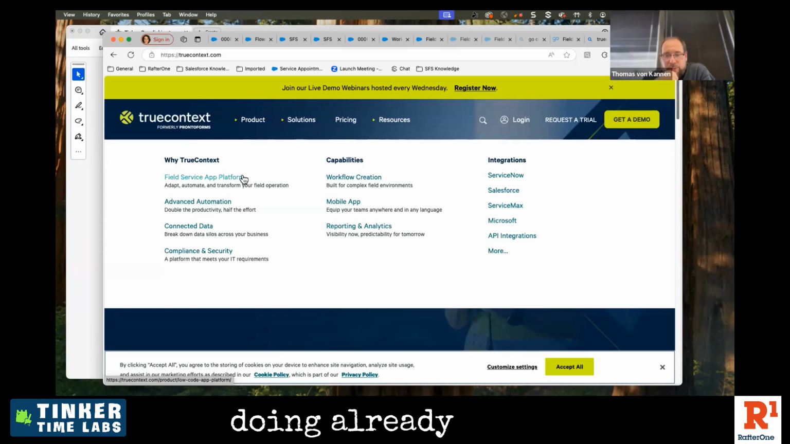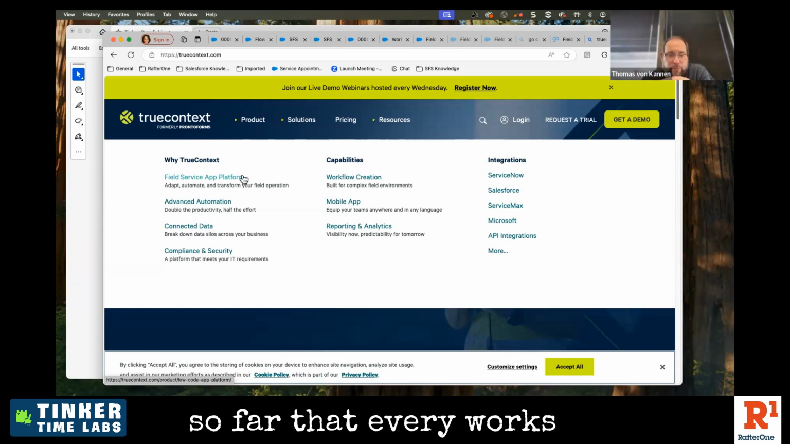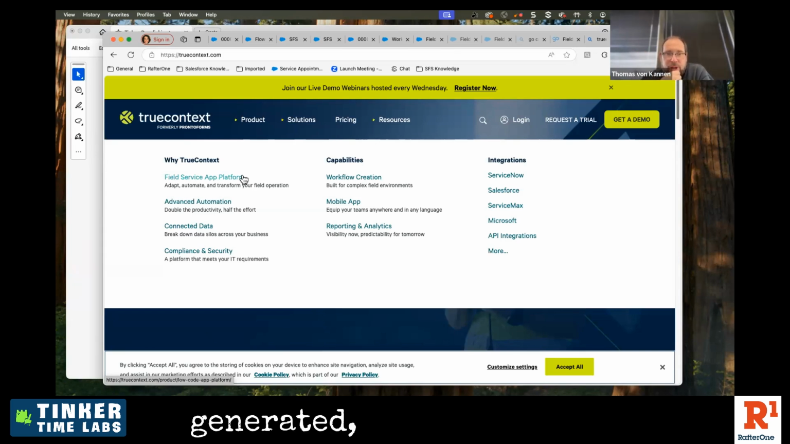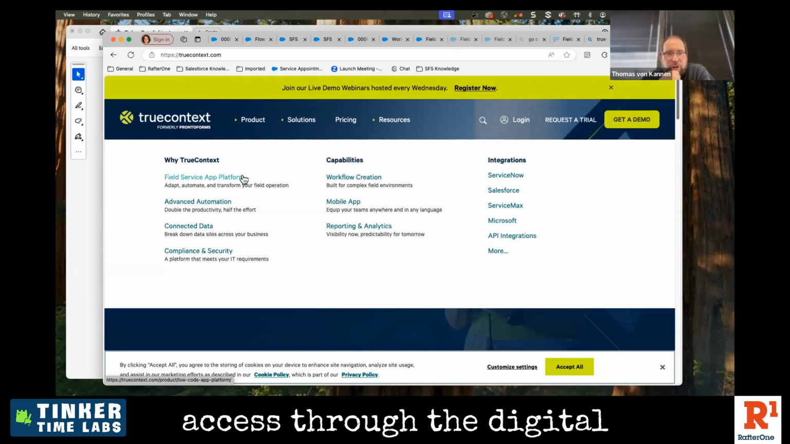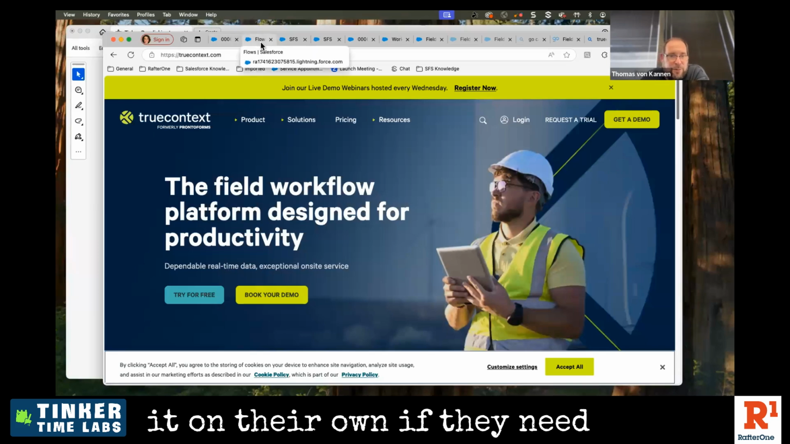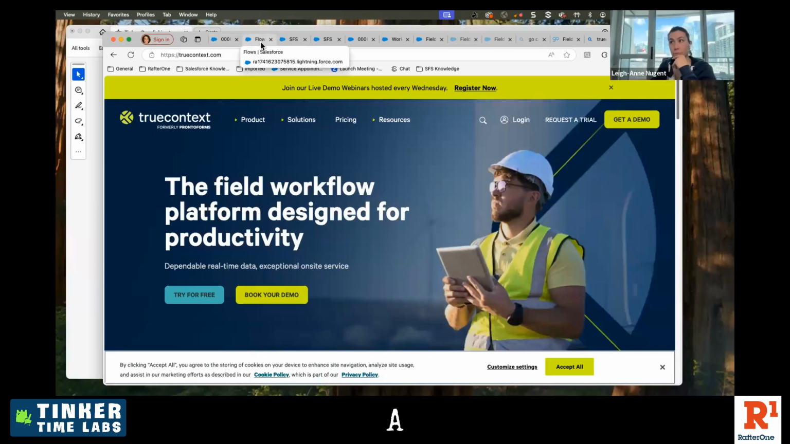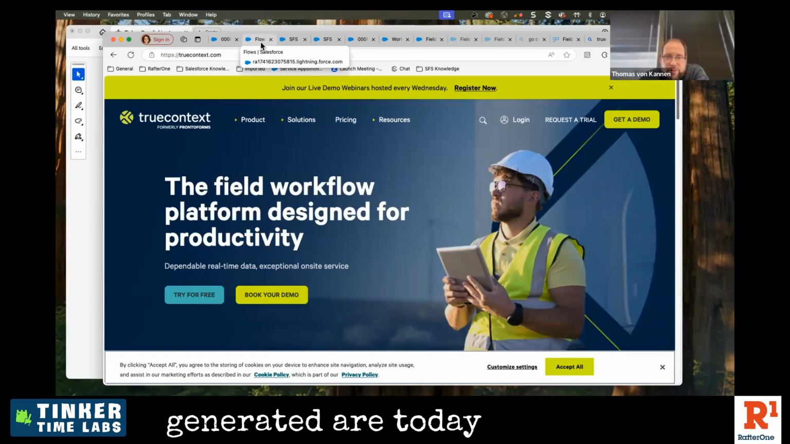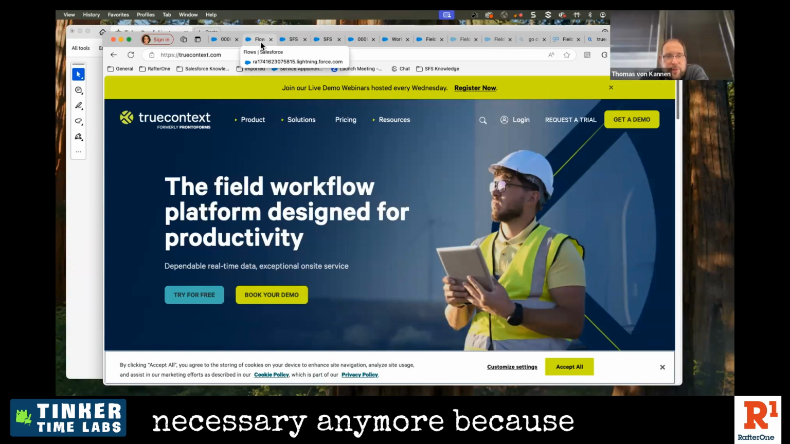That's something we're doing already today. We have automated it already so that every checklist which is generated also populates into a library where the guys can download the files. The customers have access to it already through the digital experience portal so that they can view it on their own if they need to. That's awesome. And a lot of PDFs which are generated are today not even necessary anymore